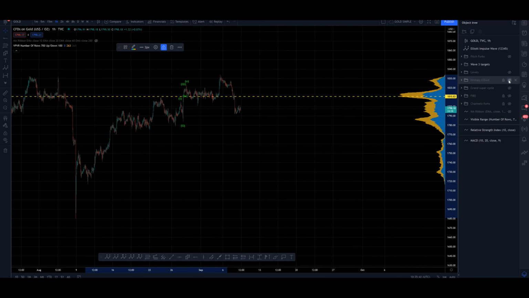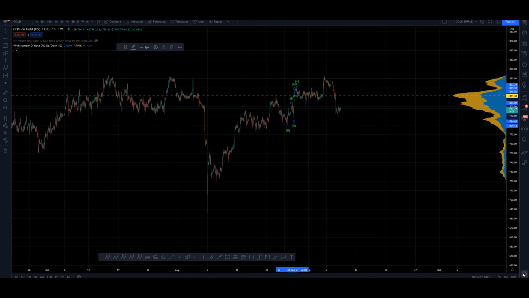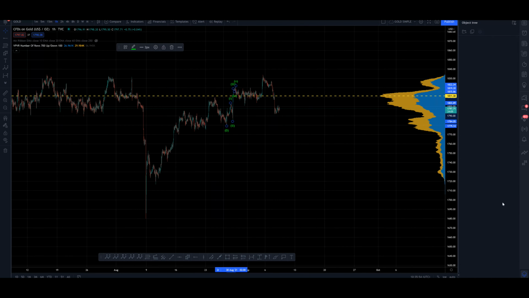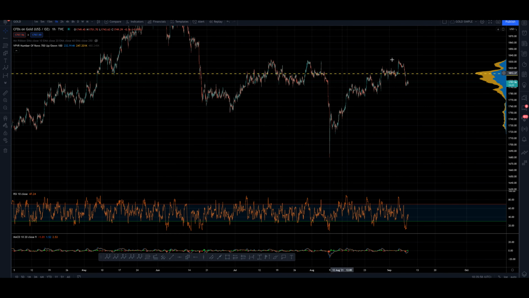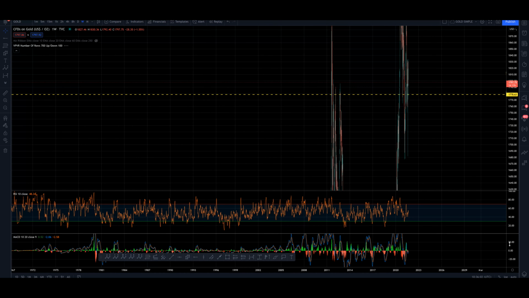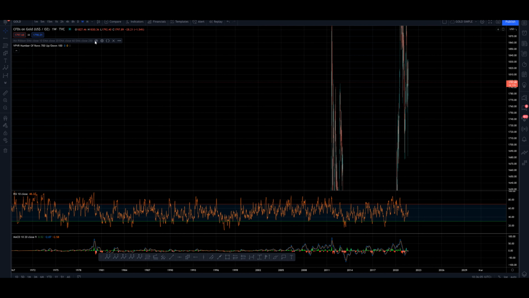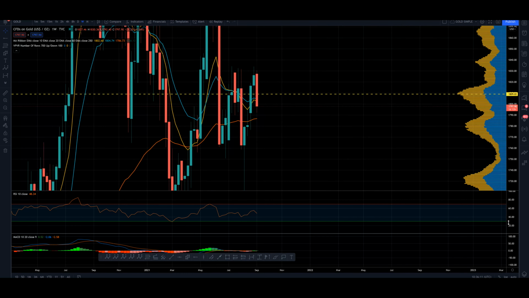So let's remove the primary count. Let's just clear everything off the chart. Now, oh yeah, I just added in that wave, didn't I? So let's throw that into the primary count. Okay, bring up our momentum indicators here. We're going to come out to the weekly time frame again. And we're also going to bring up our moving averages here as well. And we're just going to zoom in on the more recent price data.